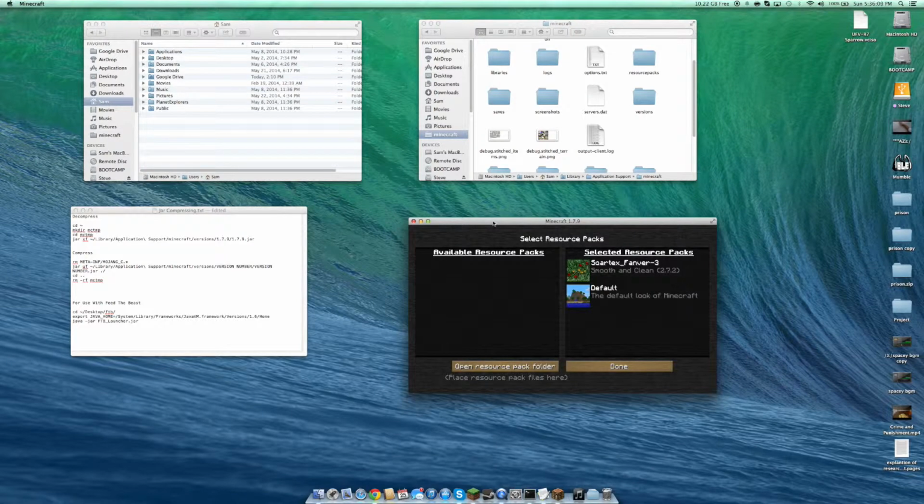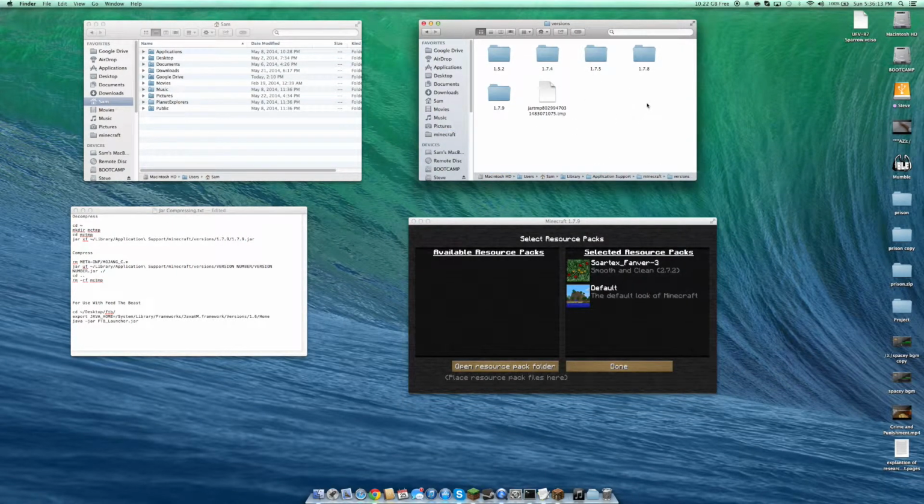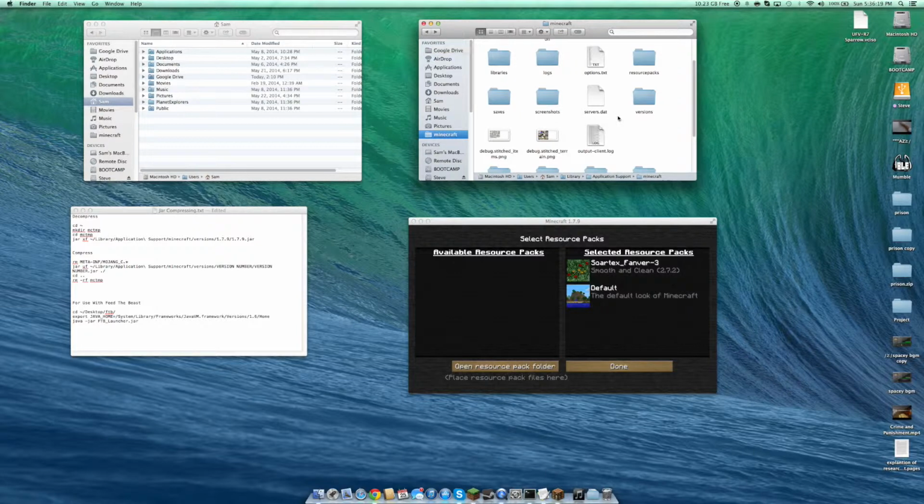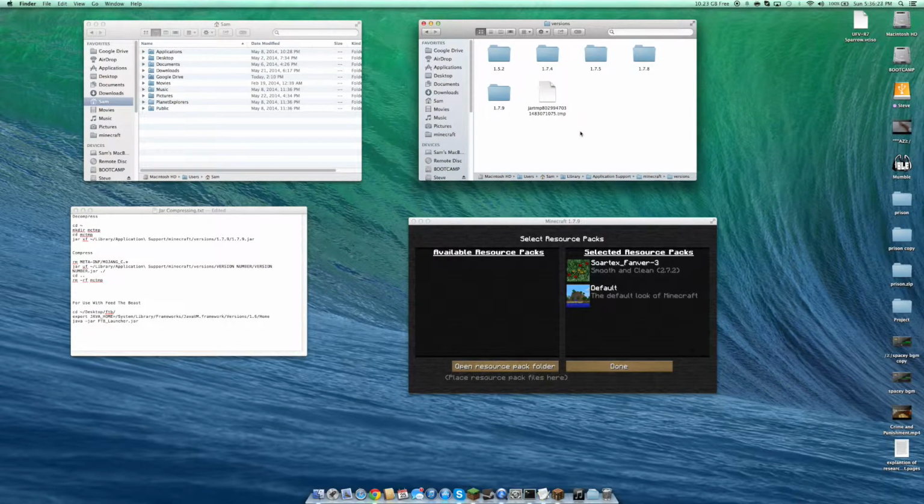So where are your jars located on a Mac? Well, they're located here in versions, which is different from older versions of Minecraft, in which the jar was located in the bin folder. It's now in versions, and so for this, you're going to need a few things. You're going to need terminal,